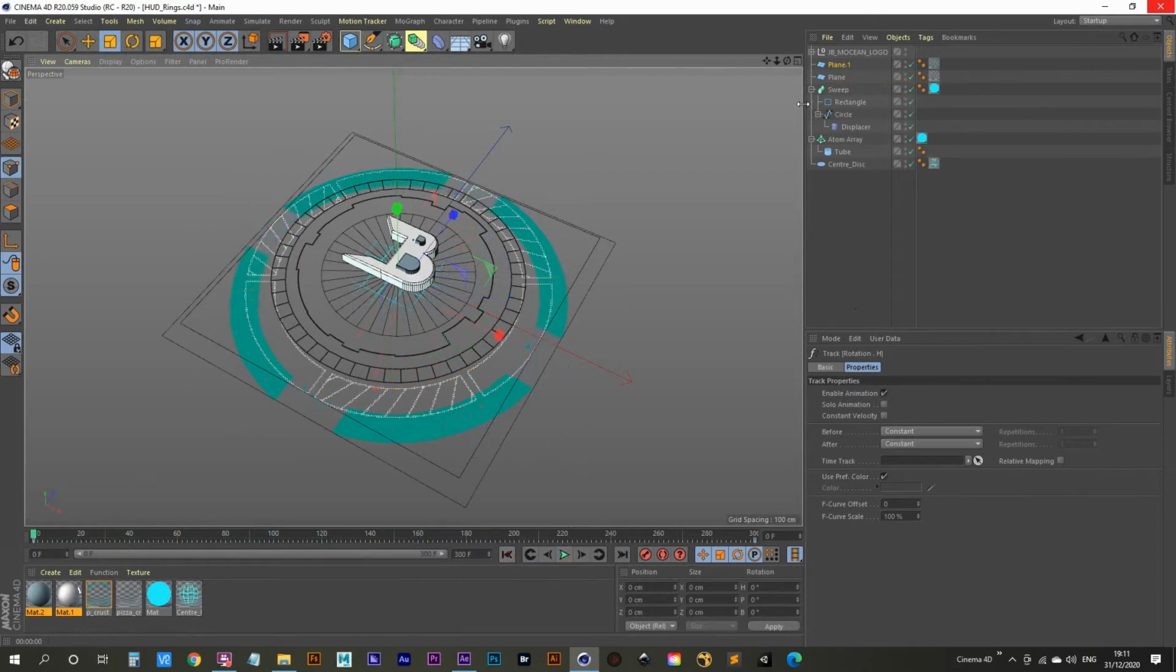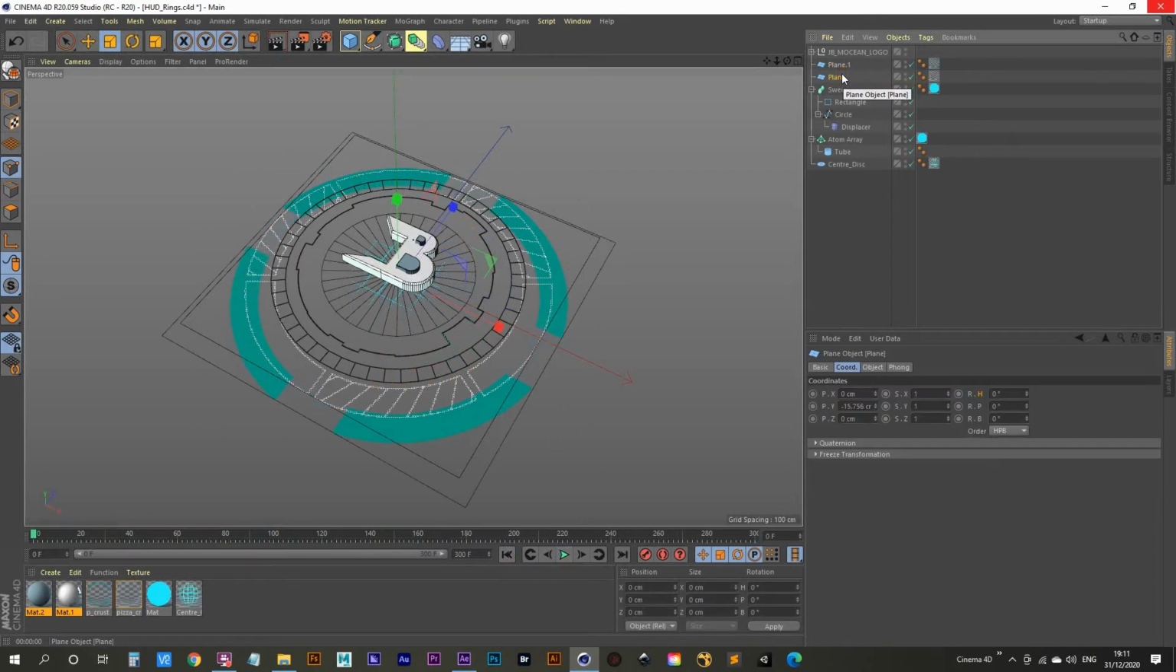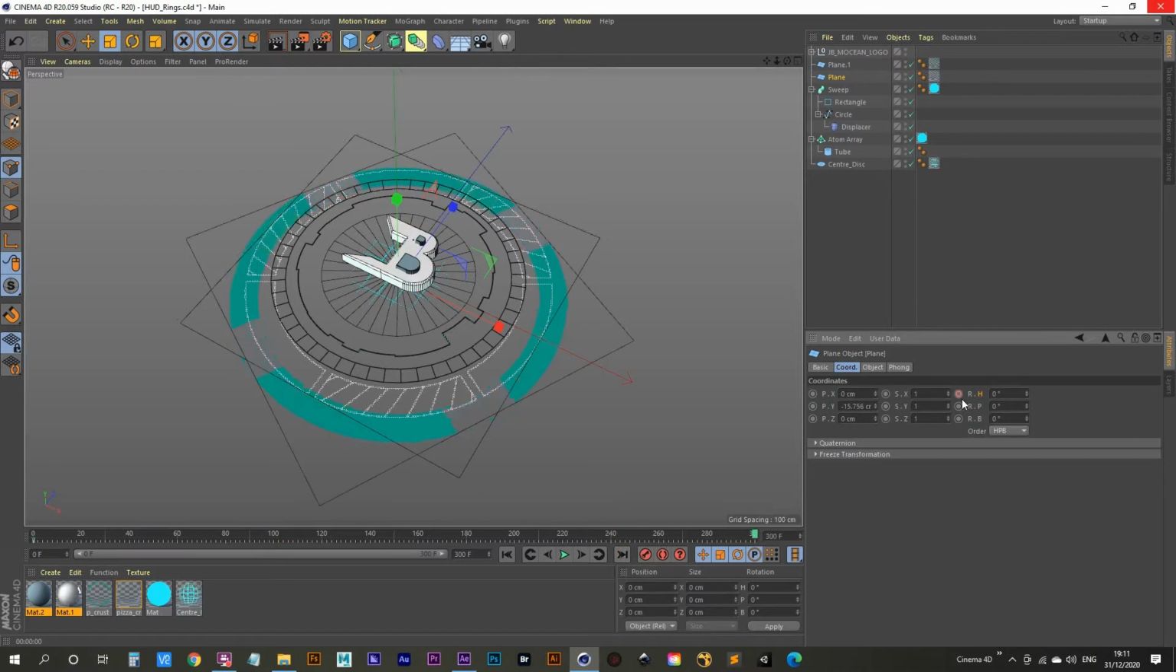So we're going to do the same with this plane object now, which is this object here. So let's go to our coordinates tab, and we'll set a keyframe on frame 0 using heading, and go forward to the last frame, and this time we'll go for a minus 100 on that, and then just add a keyframe again. So now if we have a look at that,